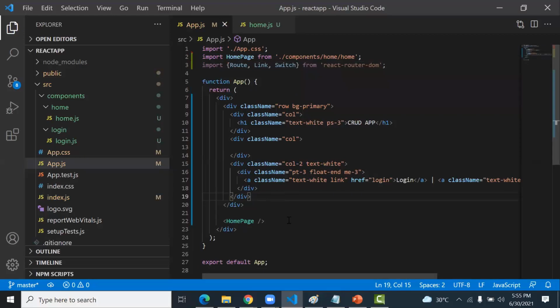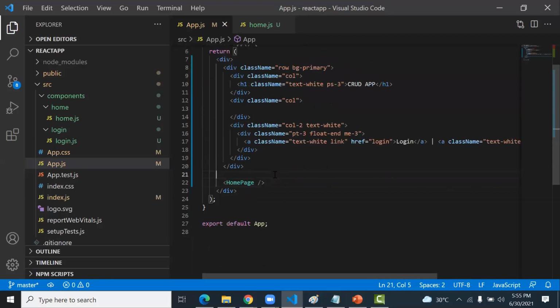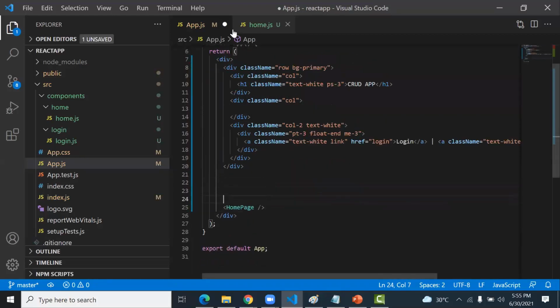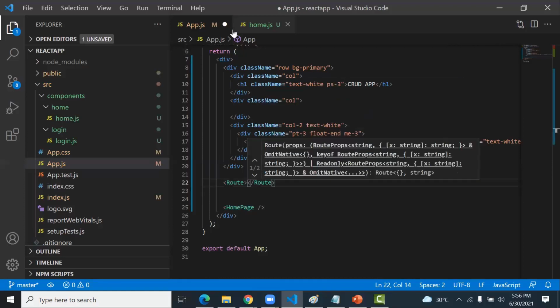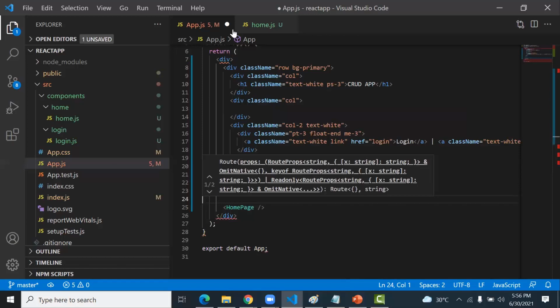Now I'm going to type here the routing part. So let's write here Route. Okay, so this Route ends here.